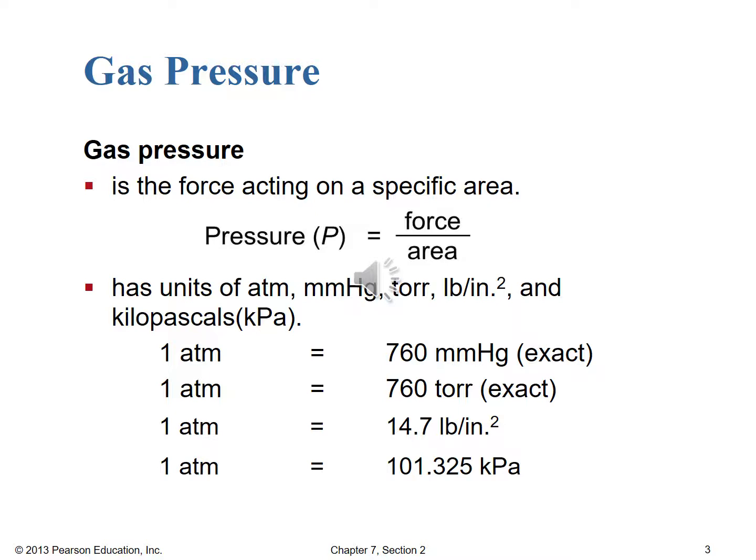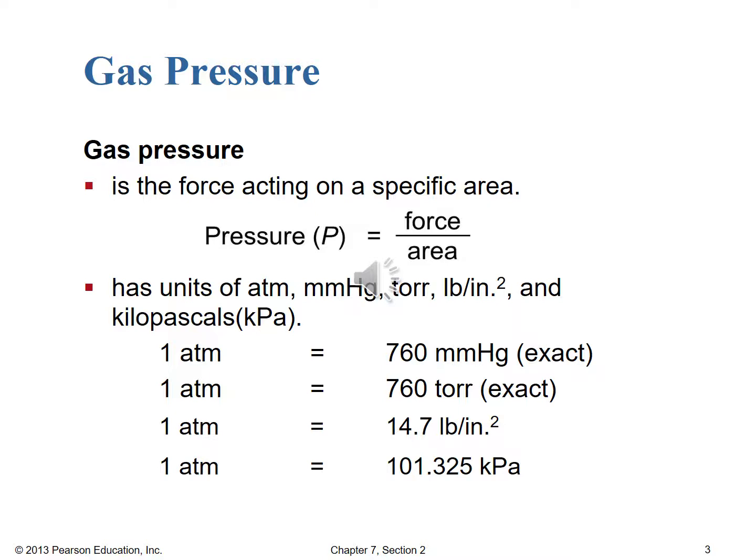So we see here that 1 atmosphere, which is our standard unit that we'll use in chemistry, is equal to exactly 760 millimeters of mercury. So that 1 and that 760, they're not considered to be sig fig limiters. Likewise, a torr and a millimeter of mercury, torr named for Torricelli, who discovered that unit, would be exactly the same. However, 1 atmosphere is equal to 14.7 pounds per square inch,